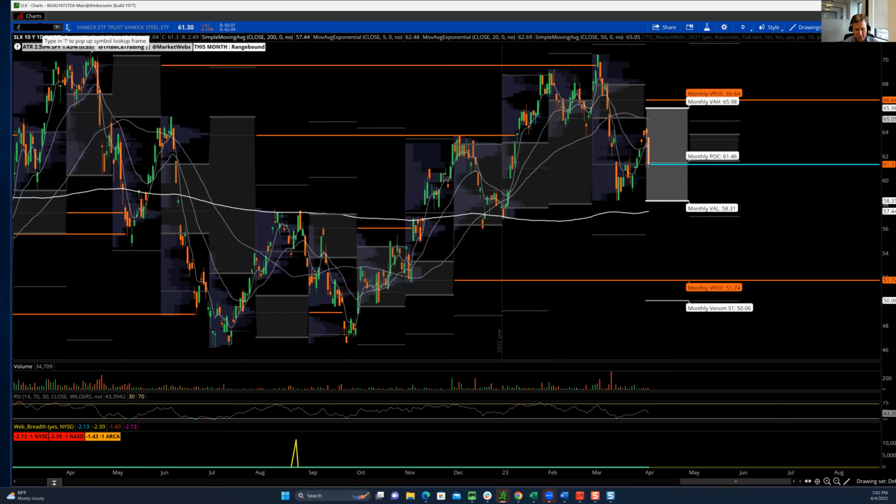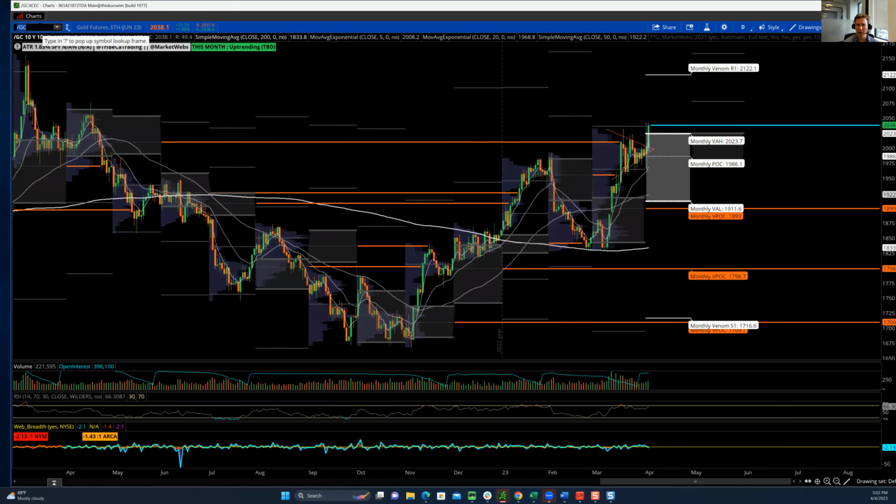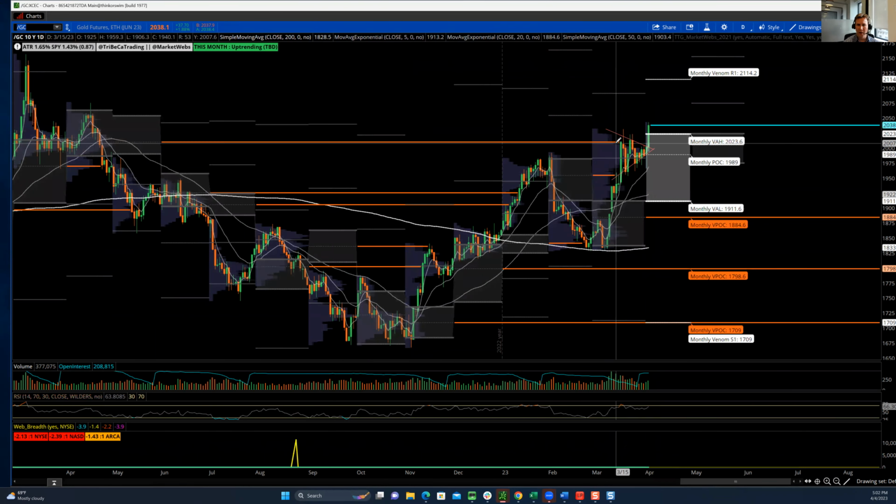What did really well today? We'll start with gold. I think this is really interesting. I had made reference to this 2 weeks ago. I think that we've got up here and we took out a virgin point of control. Again, what is a virgin point of control? It's an area where a lot of buyers and sellers previously met up, and we have not revisited, hence the red line. And it acts as overhead supply.